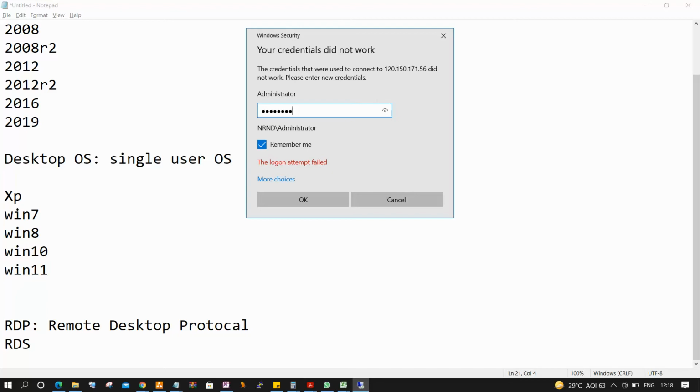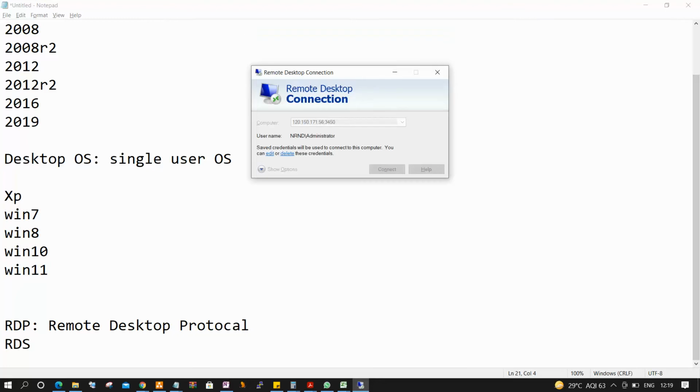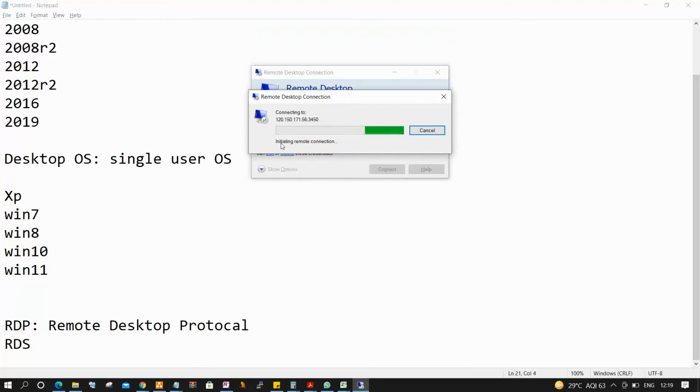Yeah, I did already. Did you get it? Yeah. Now I'm just entering the password and trying to connect to the machine.